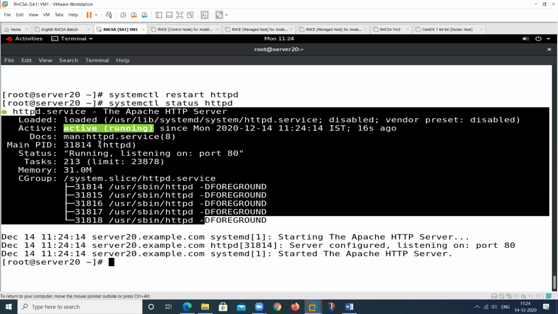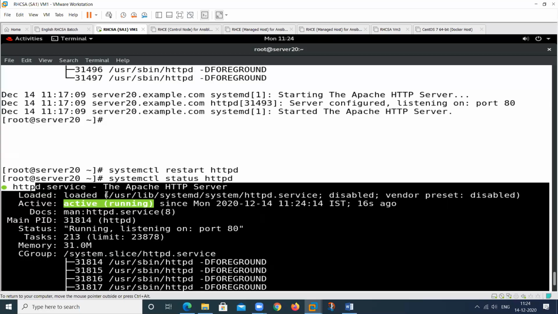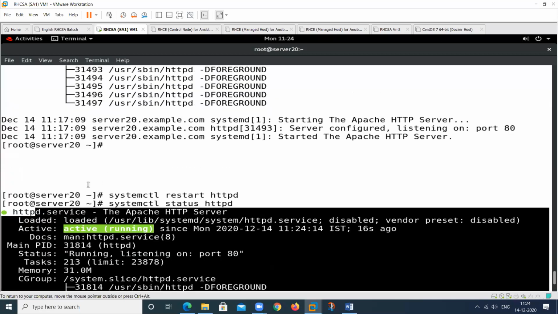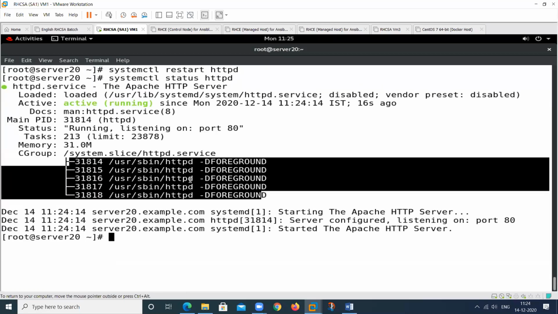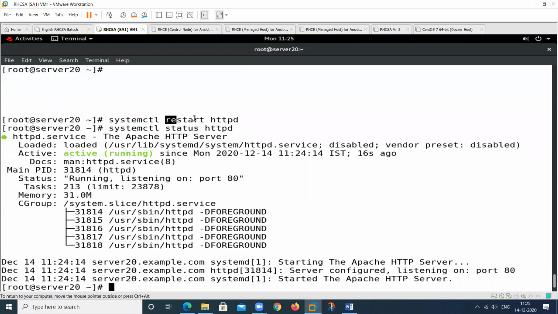See, this is 93, this is 94, 95, 96, 97. See here, 14, 15, 16, 17. New process IDs will be assigned to all the processes. So it will take a downtime of a millisecond, because this particular argument first stops the service, then starts the service. So this is a combination of stop and start. So it's called restart.